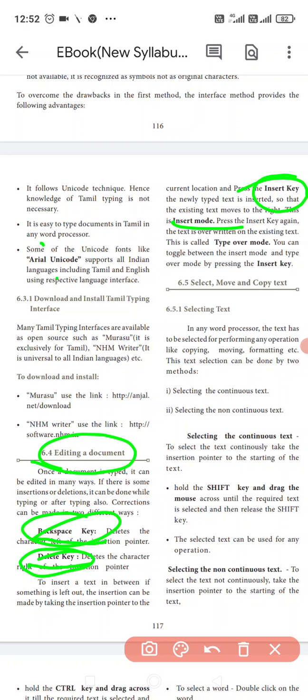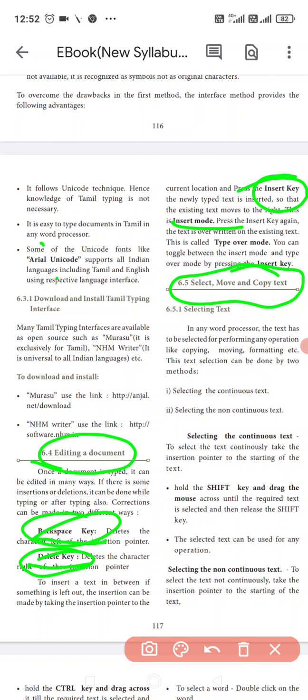So this is editing the documents, students. There are many kinds of editing, and this is one of them. The next one is select, move and copy. Select means a particular text, word or paragraph, or even the whole document, as you wish.